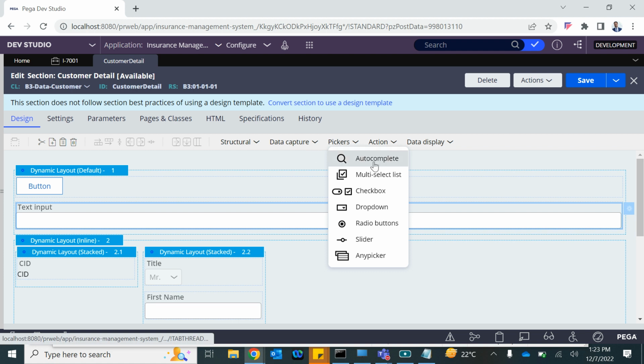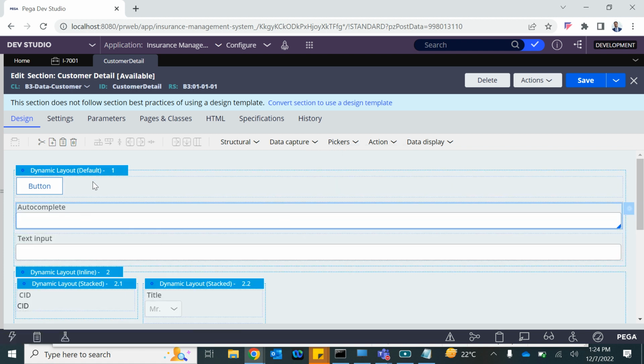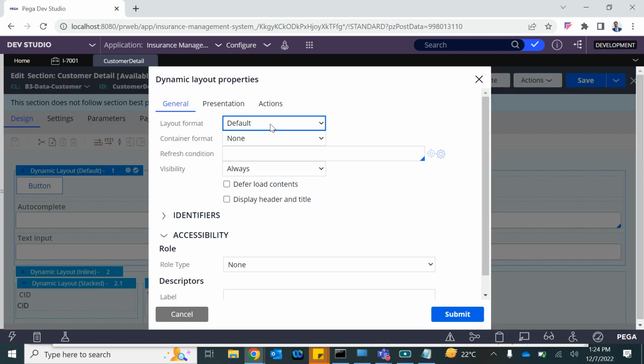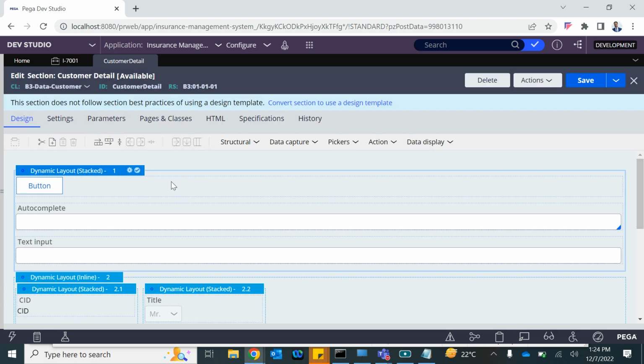Stacked, basically one at the top of other. This is the feature of the dynamic layout. Default. You have another format, stacked. Stacked also works the same way. It just has a little bit more spacing, one on the top of other. All those elements that you will put, if I save it,